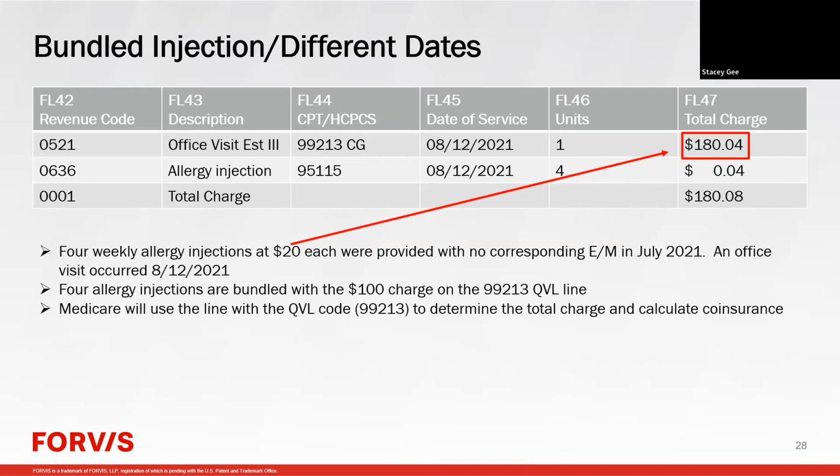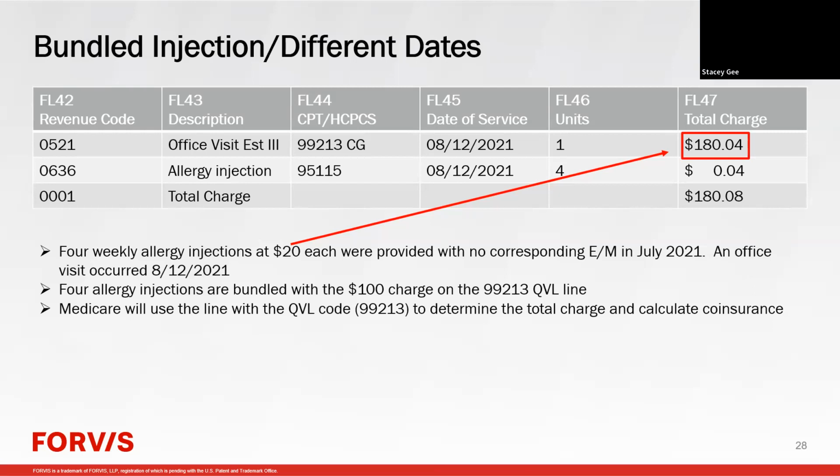They were provided in July of 2021. They had no corresponding E&M visit on the day for each one of these four. But then let's say in August, that patient came in on August the 12th and had an office visit. When this patient came in, we're getting these four allergy injections and they had no qualifying visit